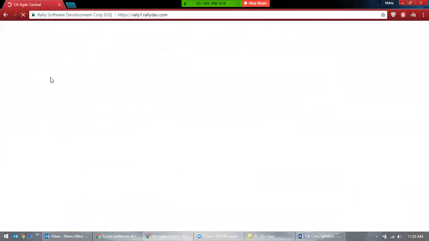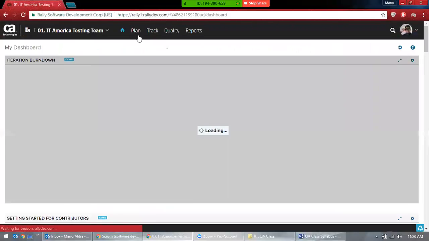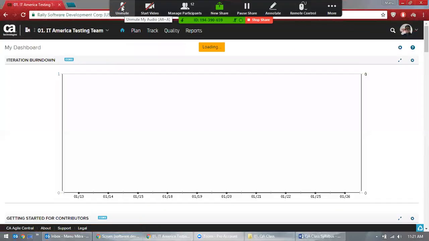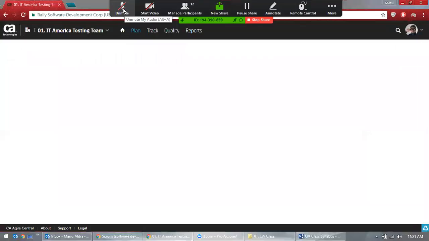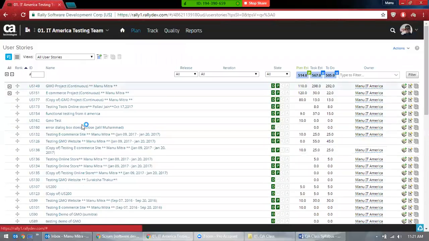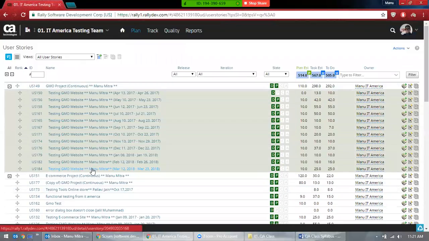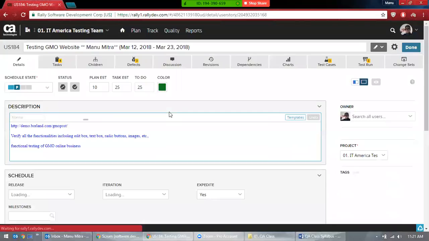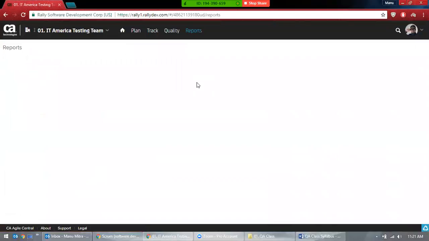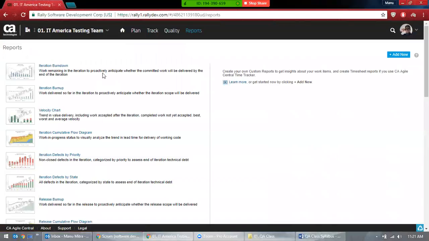The only chart working here is the defects per priority. That's the only thing working. So if you see here,